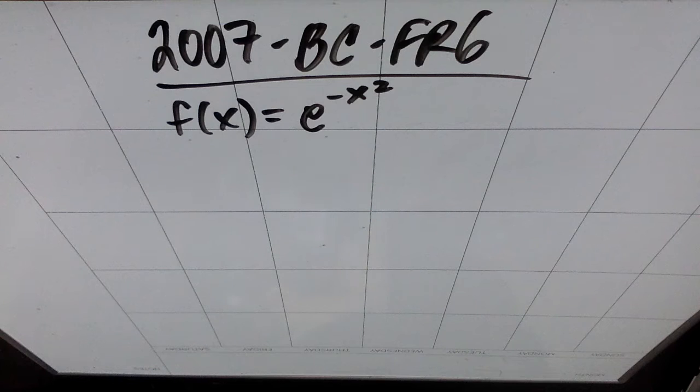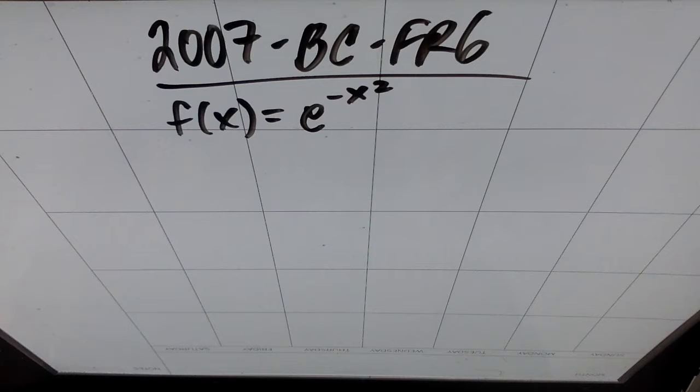We are back at AP Review. This is 2007 BC Free Response 6, the obligatory Taylor-Maclaurin question. Let f be the function given by f of x equals e to the negative x squared. Part A, write the first four non-zero terms and the general term for the Taylor series of f about x